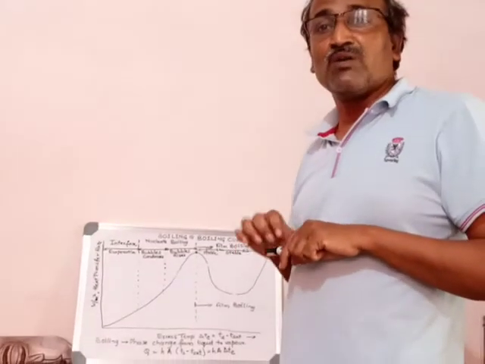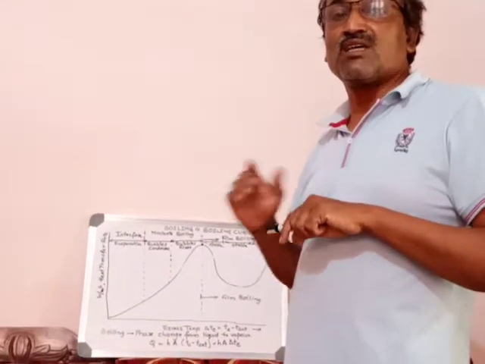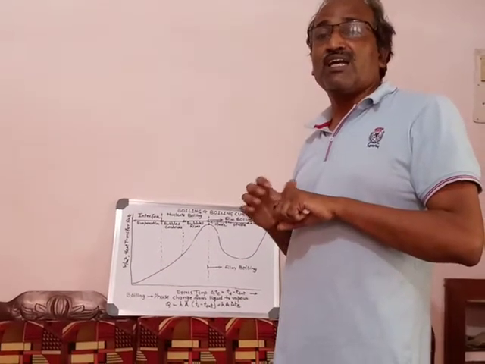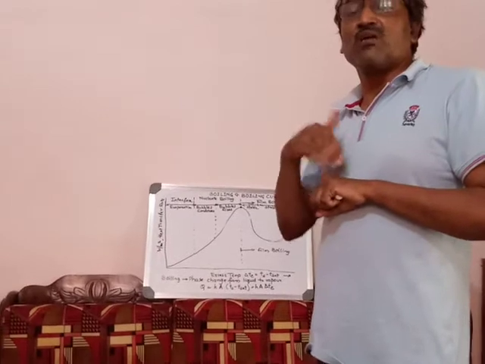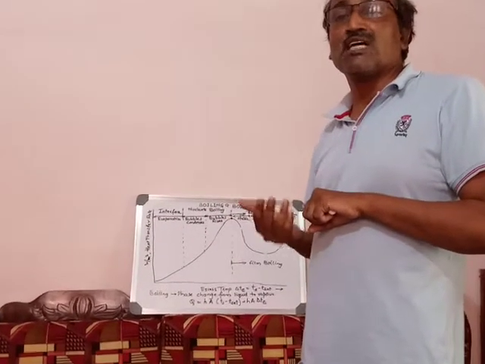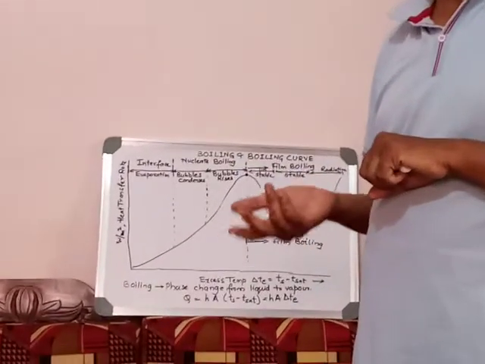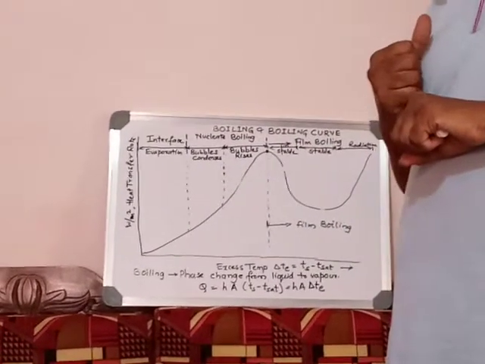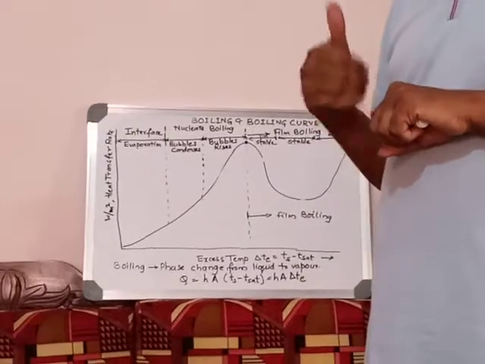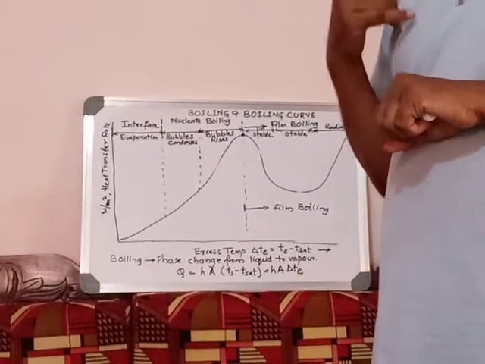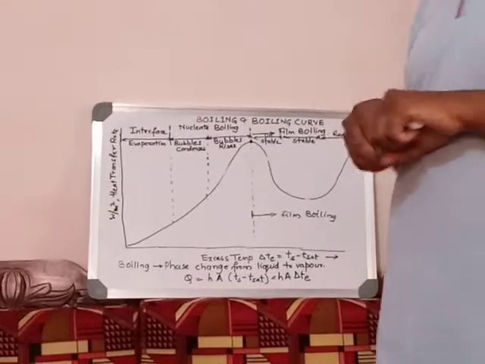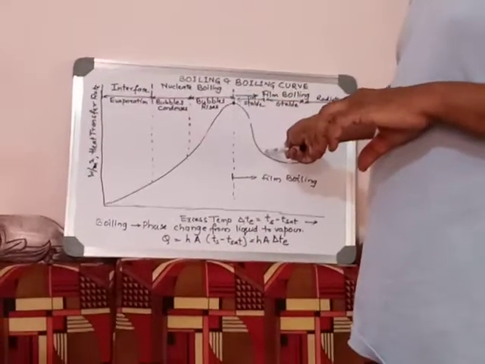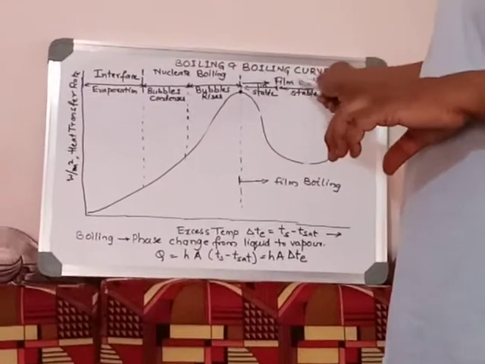When the nichrome wire is surrounded by the bubbles, the bubbles cover the wire, and heat transfer to the surrounding water is not there, because bubbles are poor conductors of heat. They are not able to conduct the heat. So what will happen then? The nichrome wire starts heating, and the surrounding water is not getting the heat. Therefore you can see that the curve is downward. So the film will become stable.